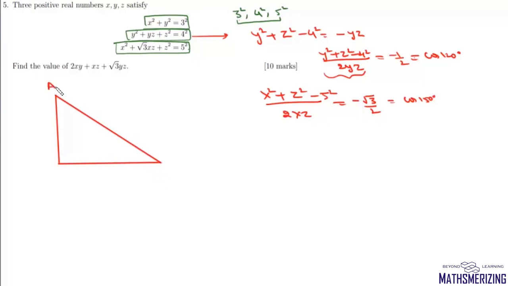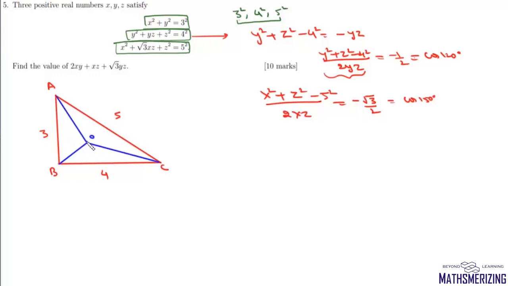So let this side be A, let it be B, and let this be C. Now AB is 3, BC is 4, and AC is 5. Now in a triangle whose sides are Y, Z and 4, angle is 120 degrees. So what we'll do is we'll take a point O such that we have BO, OC, and then